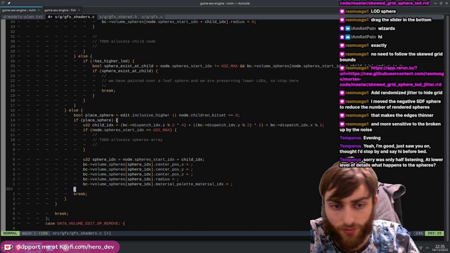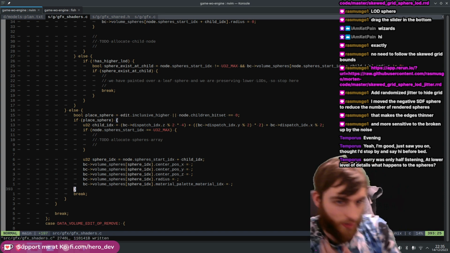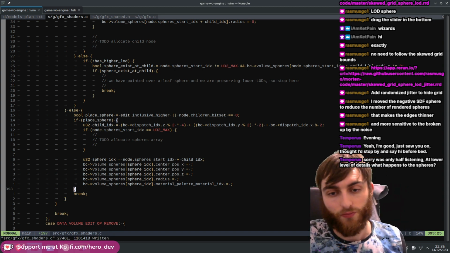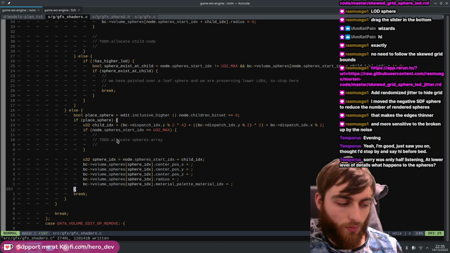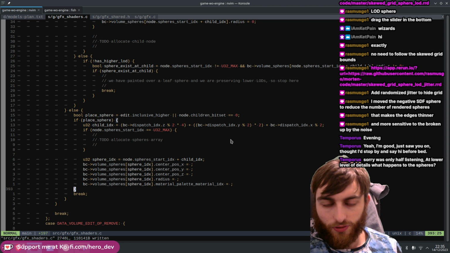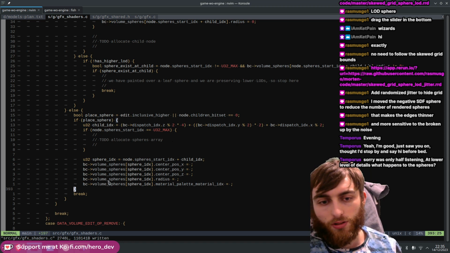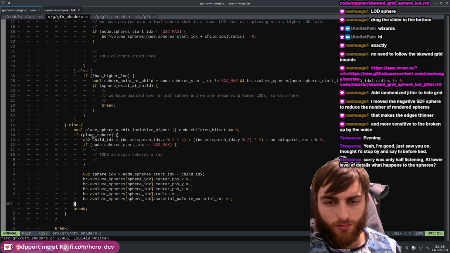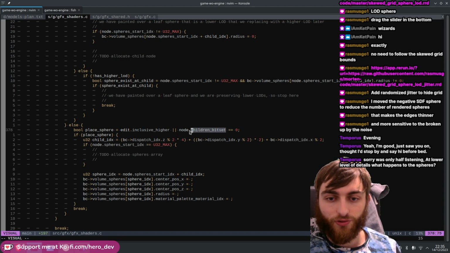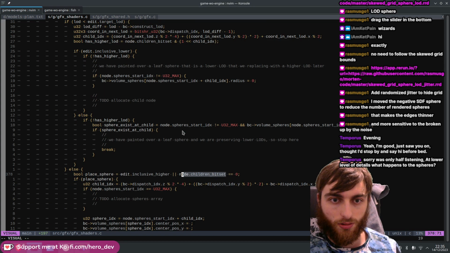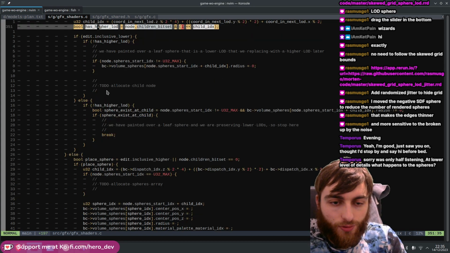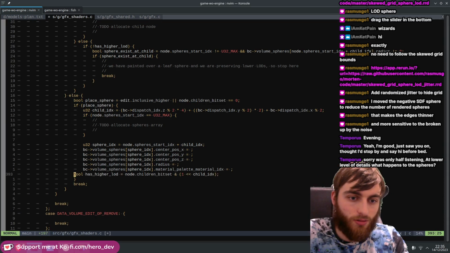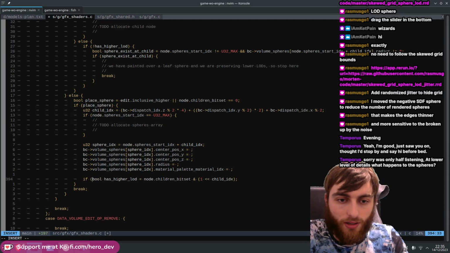Unused is obviously not used, so no point setting that up. So you basically place your sphere down, and what else do you need to do? You also need to say, well, if the child is also set, if the child has higher LOD, right? If we have a higher LOD,